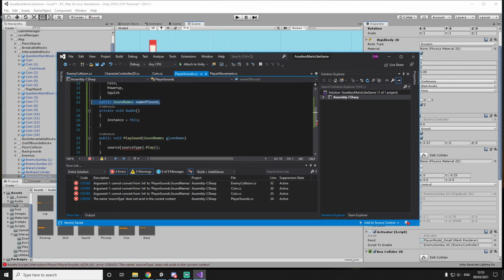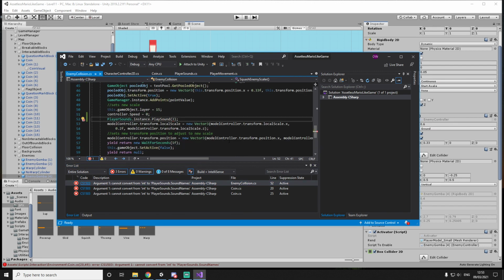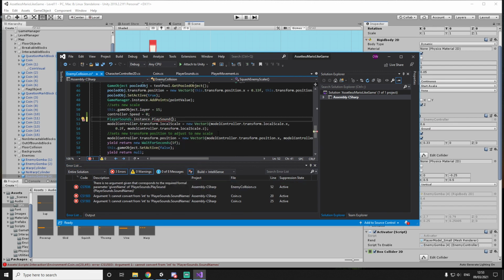We actually don't need this part. So what we're going to do is just do given name. And I believe there is a way to just cast it as an integer, like so. There we go. So now we can easily identify what sound we want by just doing